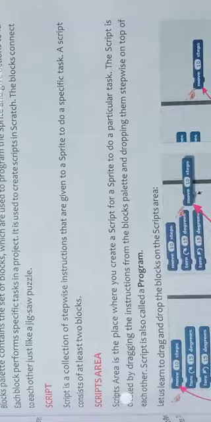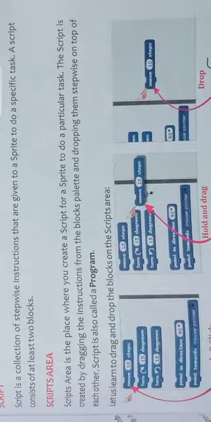Okay, now the script area. What is the script area? The script area is like a page where all the dialogues are written, and that particular page is called the script area. Basically, all the script which you are programming in the Scratch programming software, that particular area is called the script area, because there you write all the script, all the actions and all the dialogues.